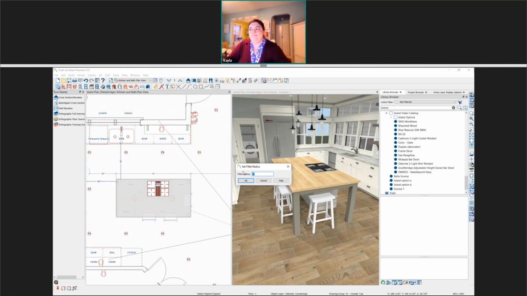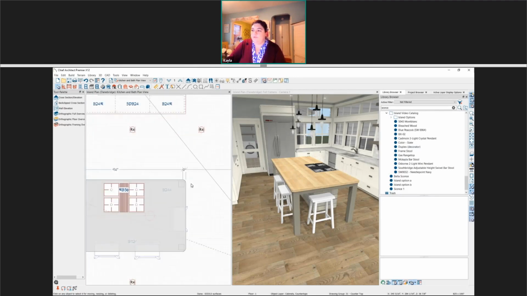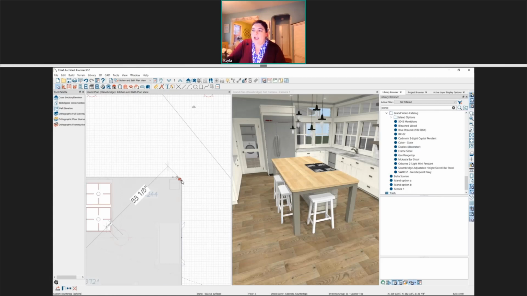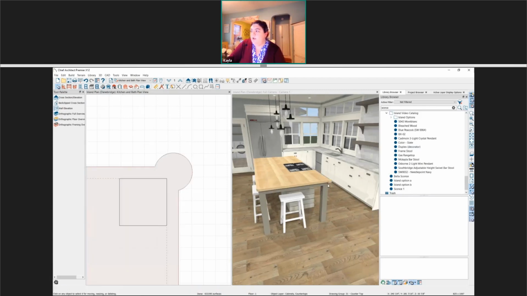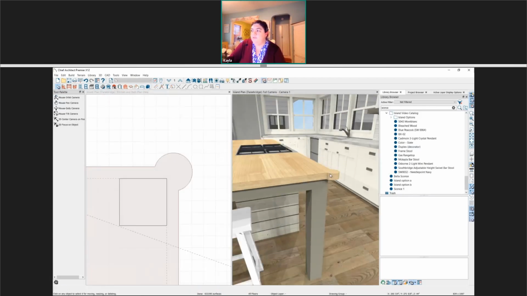Let's set it to, I don't know, 2 inches. And now I'm going to select to fillet all the corners. So now if I zoom in, all of these corners are actually their own little corners, so they have those same set of edit handles that I was just looking at. If you select that, you can adjust the radius to where you have a little ball for the corner for the corbel to sit on.